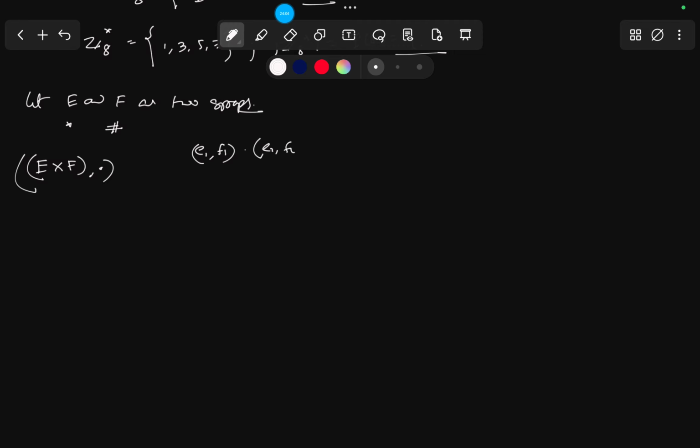Now let us consider E and F to be two groups. E is associated with binary operation star and F is associated with binary operation hash. Since they are groups, we can consider the non-empty set E cross F. So you can define a binary operation dot over E cross F such that for any two elements (E1, F1) dot (E2, F2), we get